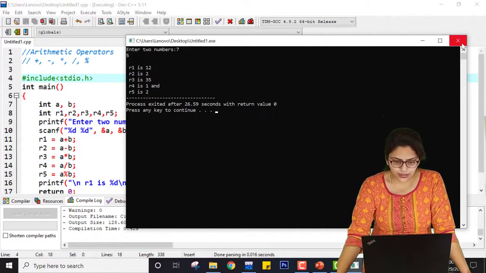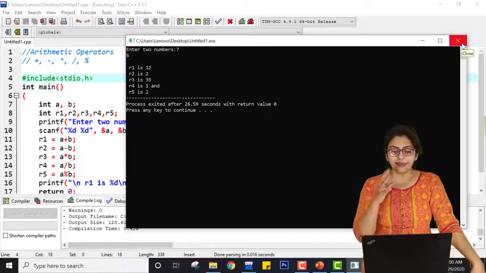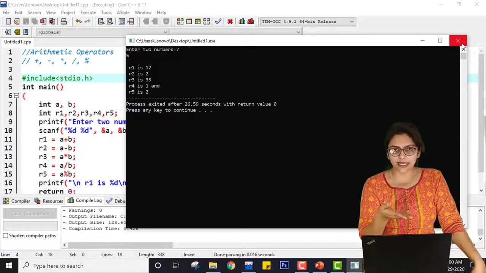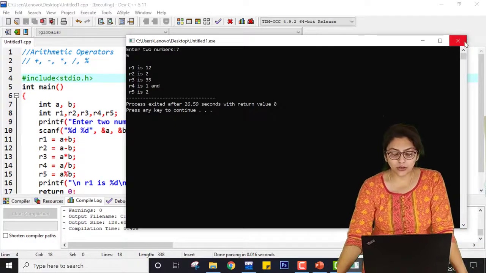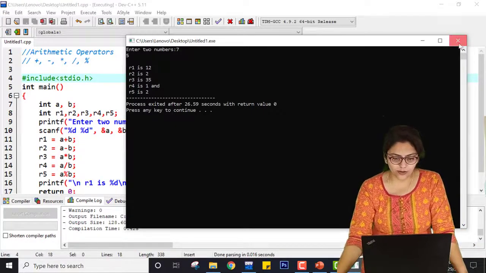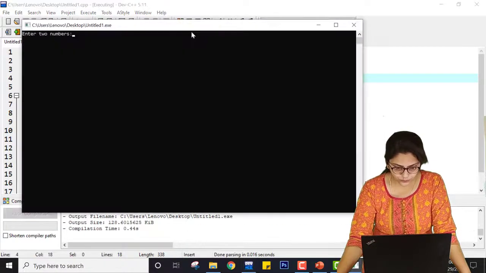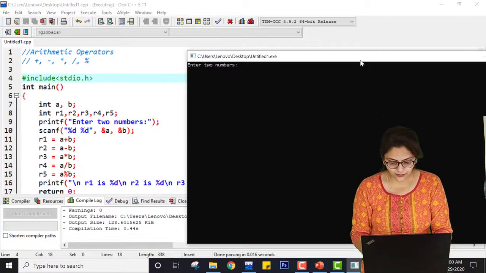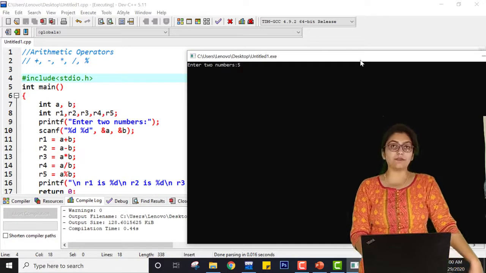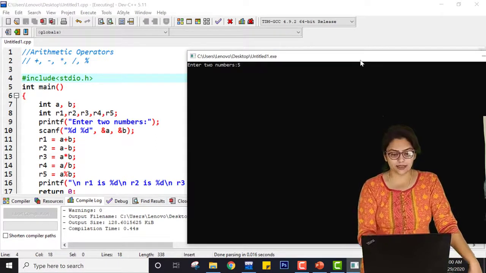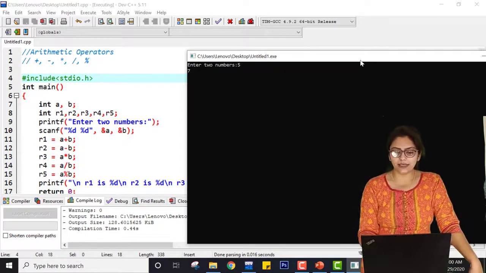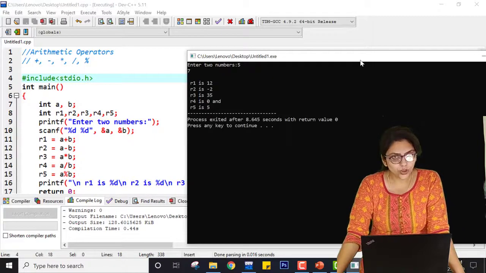So let me show you another example. Let me take the higher value as B's value and the lower value as A's value, so you will understand that concept in a better way. So here I have taken 5 over here and I am dividing 5 with 7. Now the answer will be 5, right?